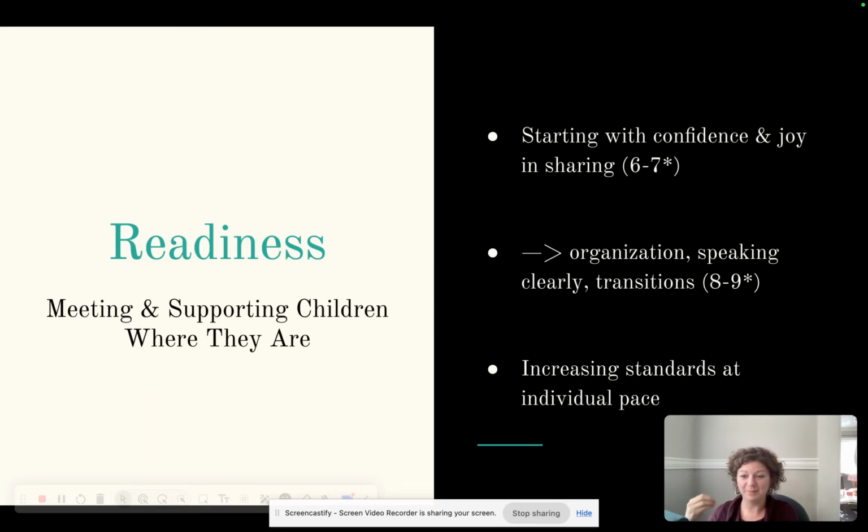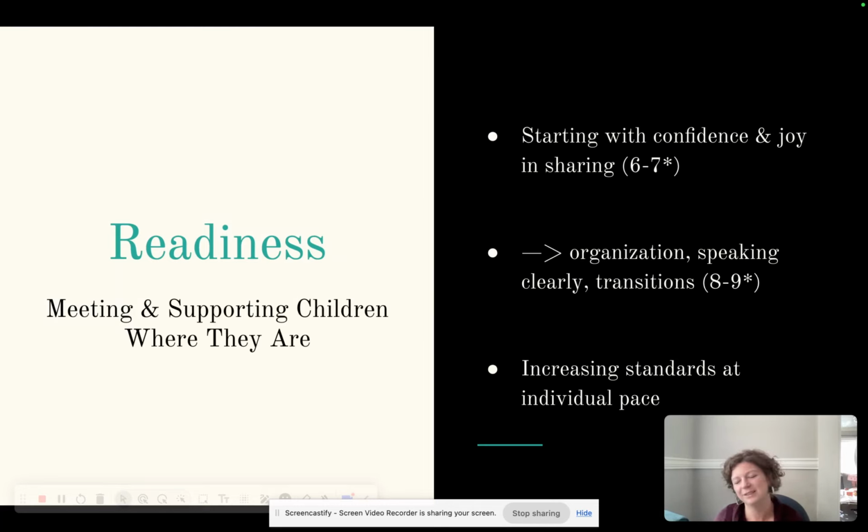But the main point for younger children, especially probably your first years, probably your new students, is just that you want them to feel comfortable and happy sharing, because confident people who are feeling happy about sharing are going to have an easier time.